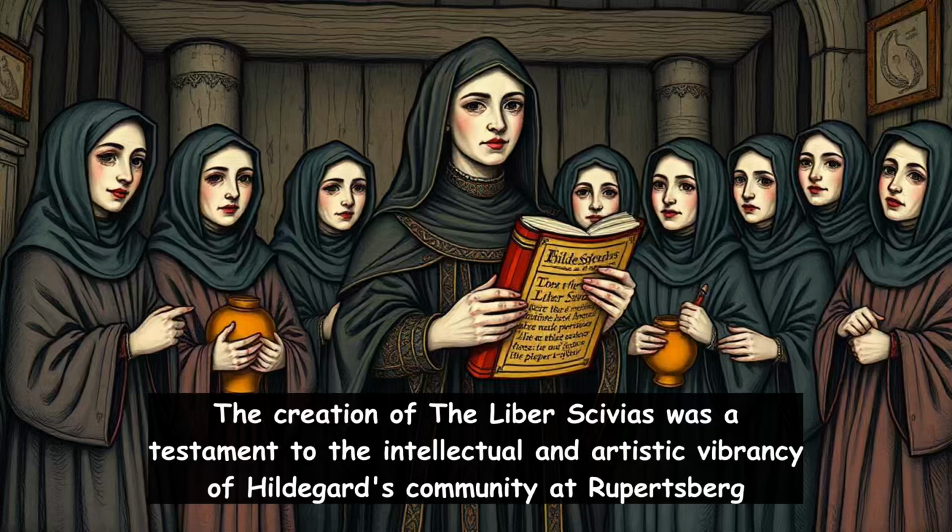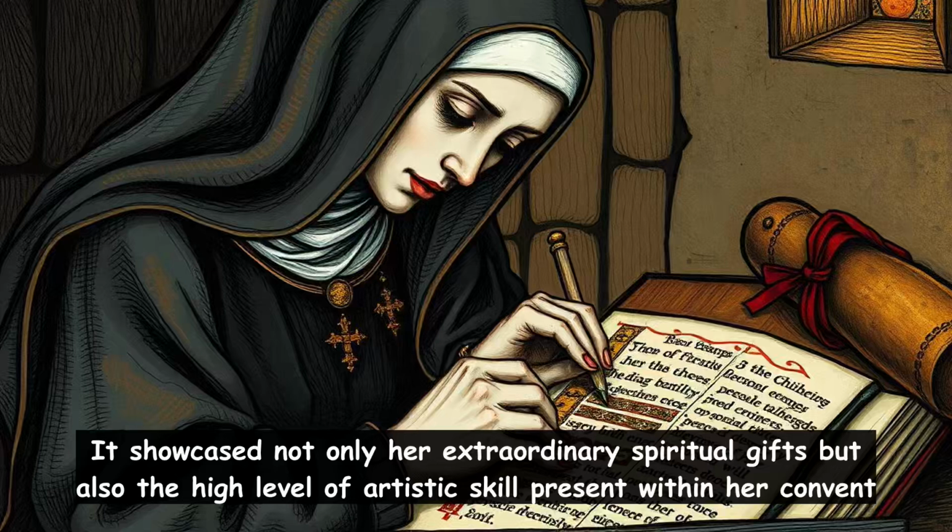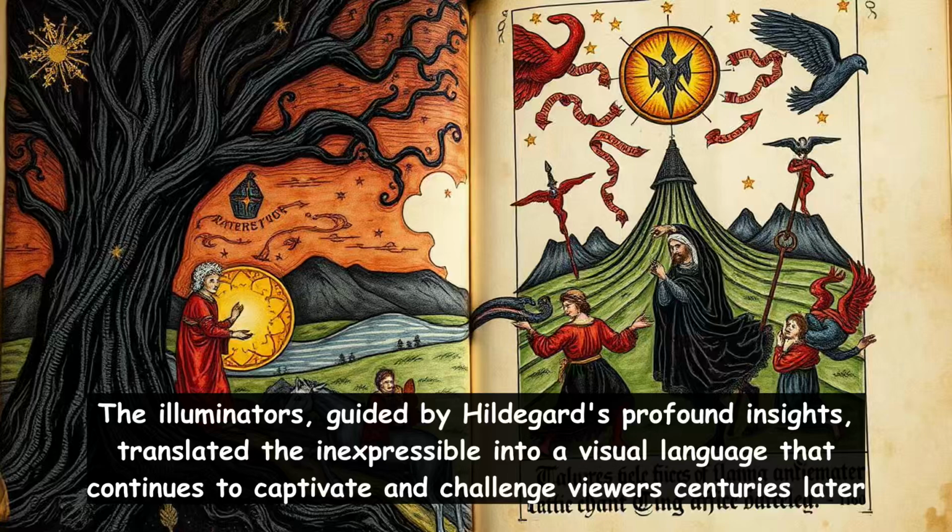Creation of the Liber Scivias was a testament to the intellectual and artistic vibrancy of Hildegard's community at Rupertsberg. It showcased not only her extraordinary spiritual gifts, but also the high level of artistic skill present within her convent. The illuminators, guided by Hildegard's profound insights, translated the inexpressible into a visual language that continues to captivate and challenge